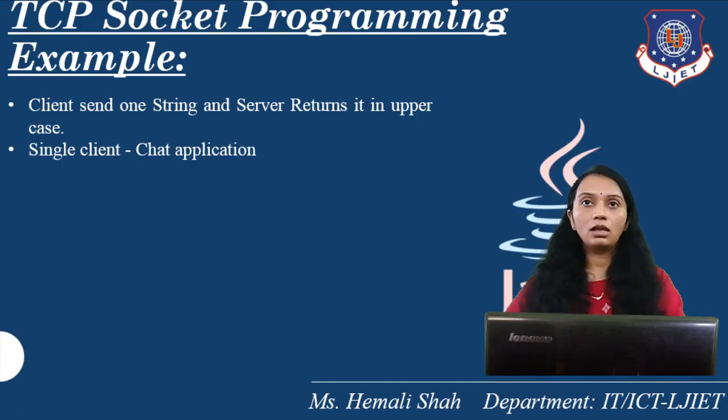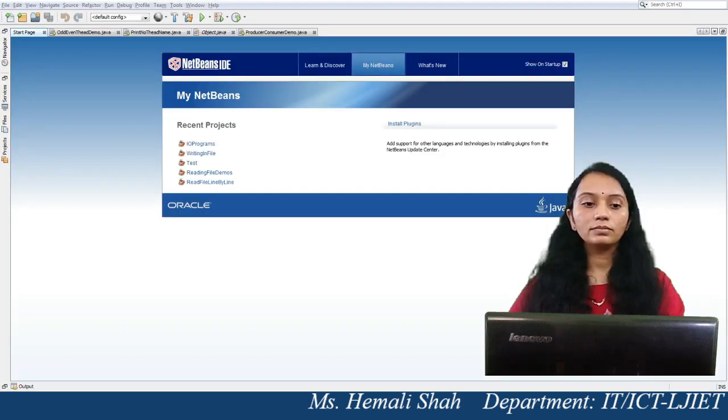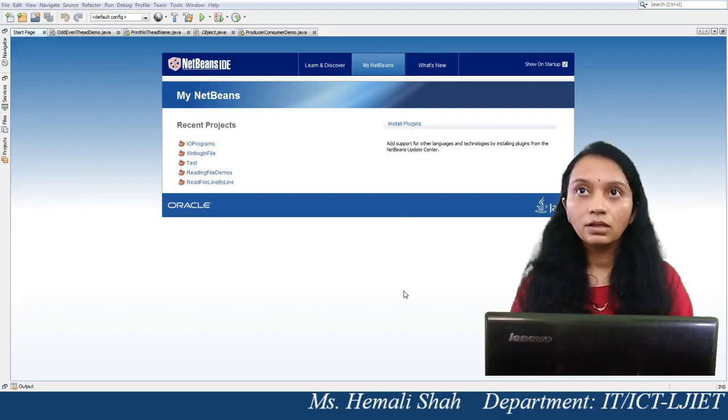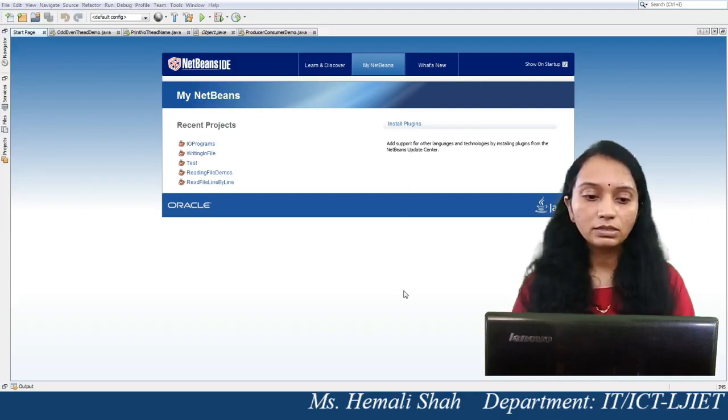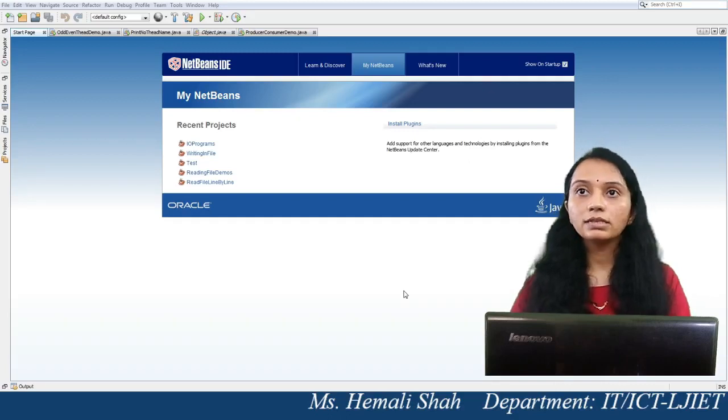So let's perform this particular example in our NetBeans first of all. Let me open NetBeans. This is NetBeans, right? Now let's create this example. File menu, new project, Java application, TCP server client demo, right?